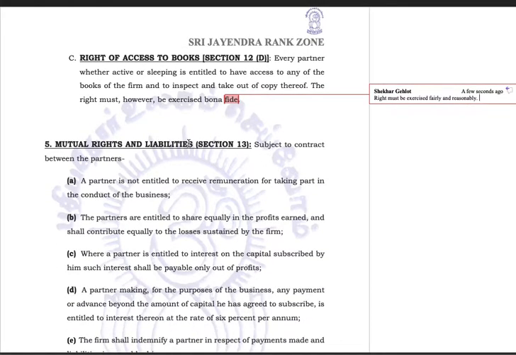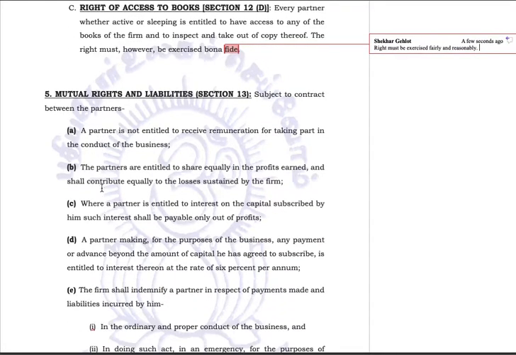Mutual rights and liabilities. Subject to contract between partners. Now, what are mutual rights and liabilities between partners? Every section begins with words like "subject to contract between partners." What does it mean? It means